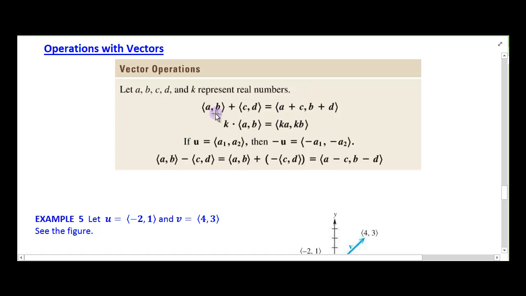But basically, it's as if you're adding the x components. Let's look at this first one right here. The first line says that if I have two vectors and I want to add the two vectors together, then I would add their horizontal components together, and then the next part would be their vertical components. So it's pretty simple. You end up with a new vector, which is a combination of both horizontal